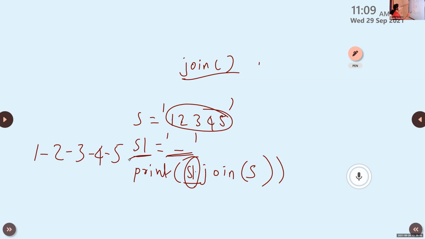Then if this S1 is star, it will display like 1 star, 2 star, 3 star, just like that. We can give a character also. That is, if I'm using A as S1, then it will separate it like 1A, 2A, 3A, 4A, 5. Okay, that is the join function. From the name itself, it is used for joining the elements, but it will join the elements of a string with the help of a separator. Here S1 is the separator. Within that S1, I am using a special symbol, star, hyphen, or any special character or any character for separating that elements in a string.